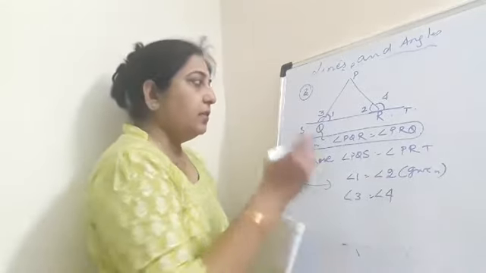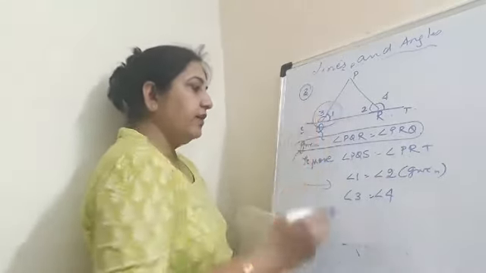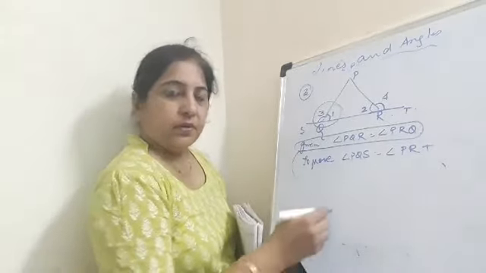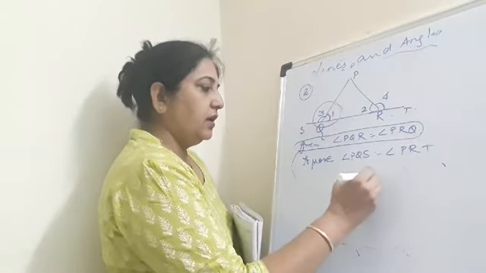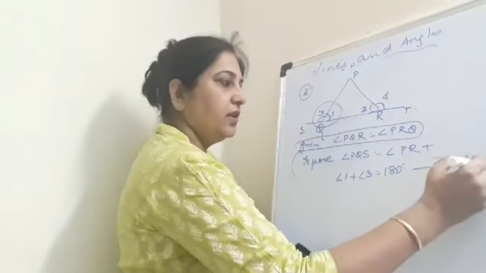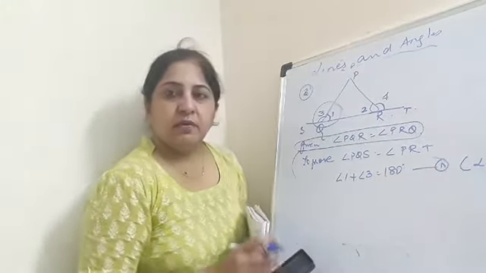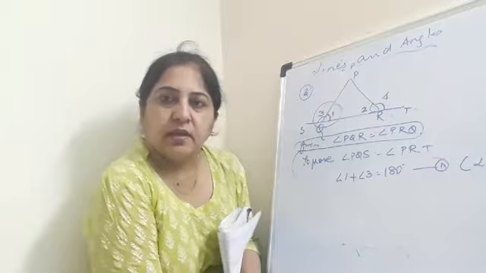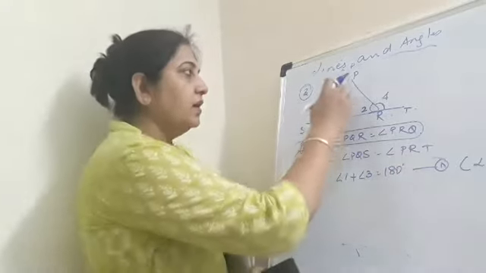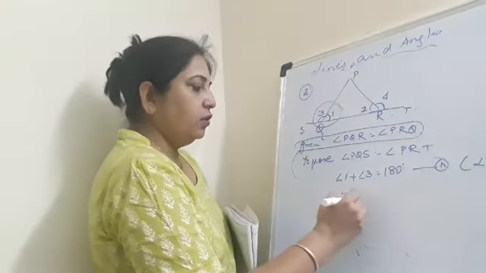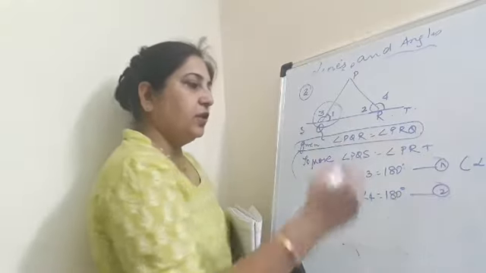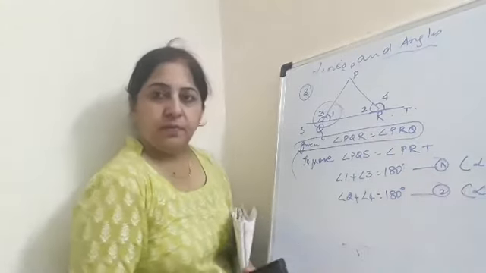Don't you think it is easy? Because if you look at this part of the diagram, it is showing a linear pair, right? So angle 1 plus angle 3 equals how much? 180 degrees. Equation number 1. And what is the reason? Linear pair. So girls, whenever you solve geometry questions and whenever you are writing the proof, please see that you write the properties also. Okay. Here we have angle 2 plus angle 4 equals how much? 180 degrees. Equation 2. And the same reason, linear pair.